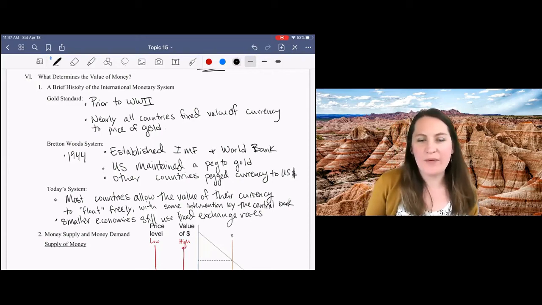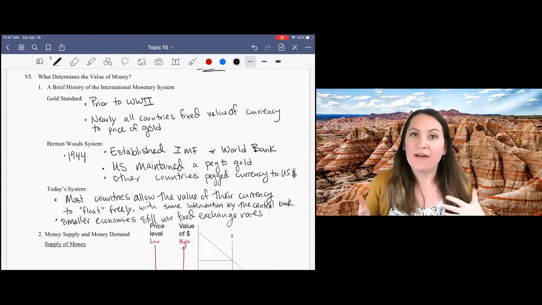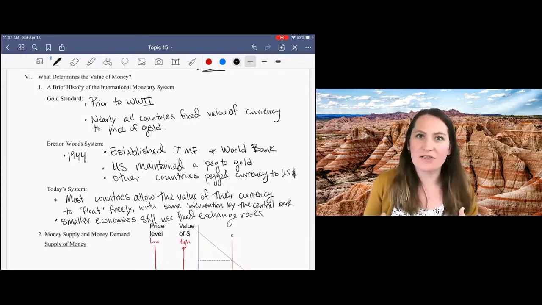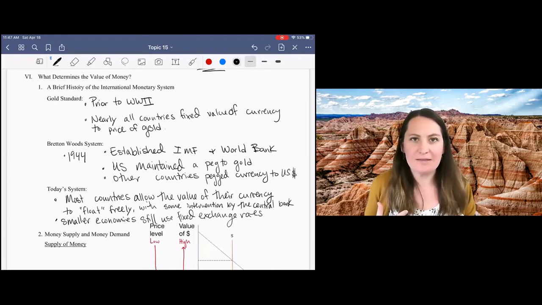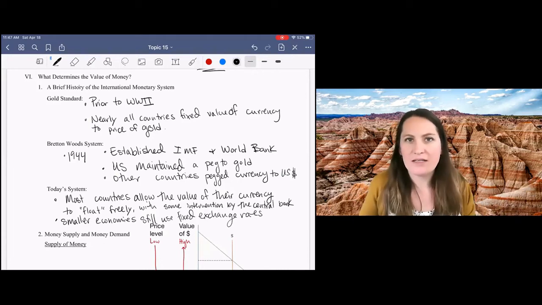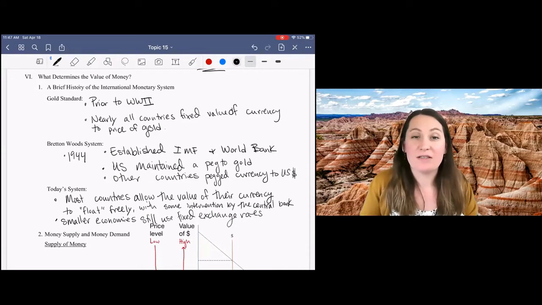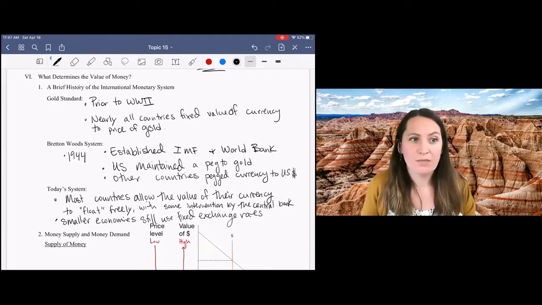Now that we've defined money, we've talked about the financial system, loanable funds markets, the fractional reserve banking system, and interest rates, we're ready to talk finally about monetary policy. So I want to give you a little bit of a history here of the global monetary system, or the global financial system. Very, very brief history, so you understand the evolution of how this has worked over time. And it is still evolving today.